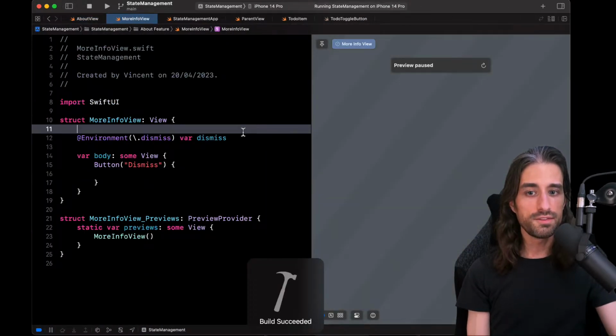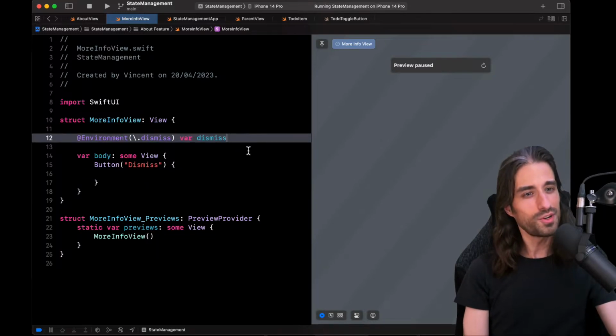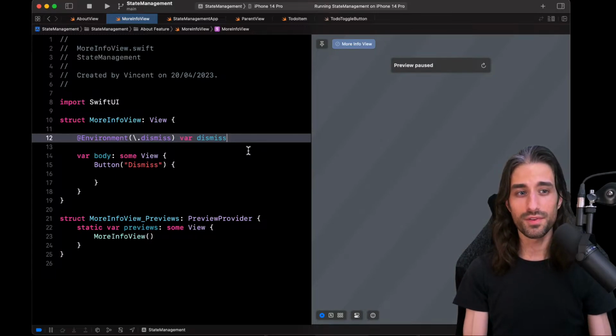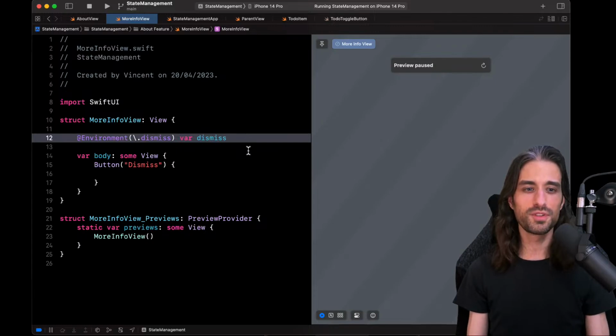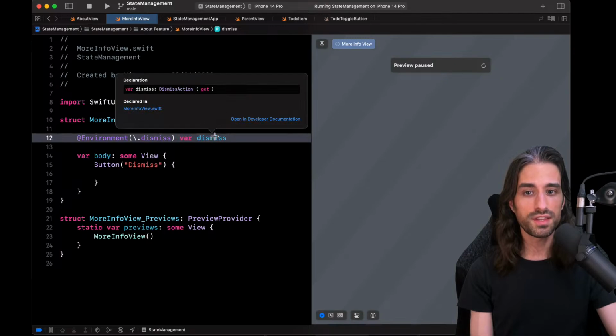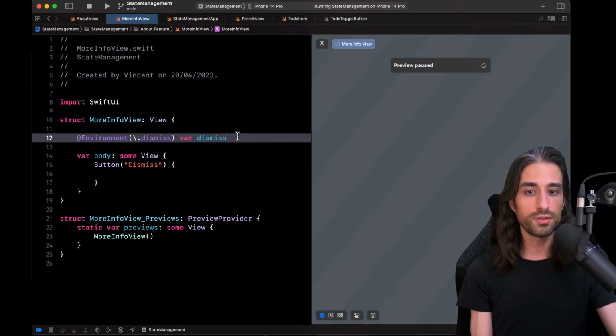This code builds, even though I haven't provided a type for the property, which can be, once again, quite unsettling, because it's the only place in Swift where you can declare a variable with no type. Of course, it's not possible in Swift to have an untyped variable when you don't provide the type, unless the compiler can infer it. And here the compiler can infer it because dismiss is a key path, so it associates a key with a value. And this value has a type, which is encoded in the key path. It's the dismiss action. And so Swift can infer the type through the key path that is here. That's why you don't need to explicitly write the type.